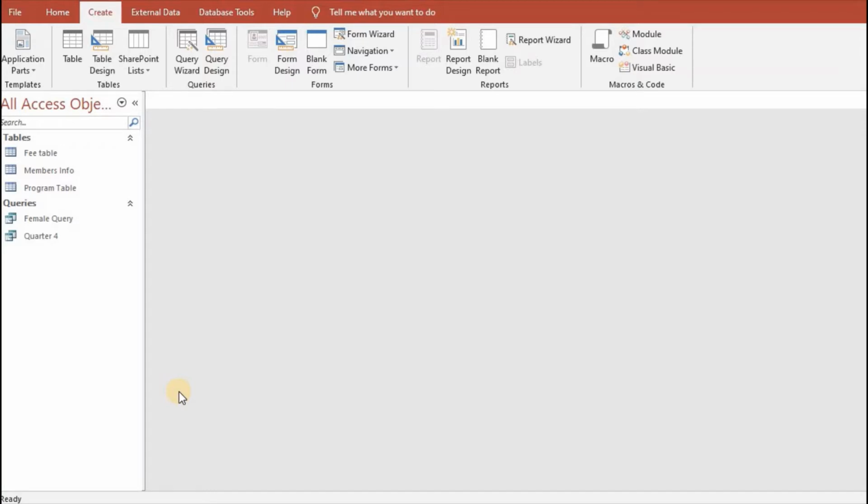Now just a quick reminder, a query is normally used to retrieve data based on specific criteria given within a database. Now in order to create our query, we first select the Create tab at the top of our ribbon, and a variety of options will show up. However, we want to go to the section that says Queries, and we want to use the one that says